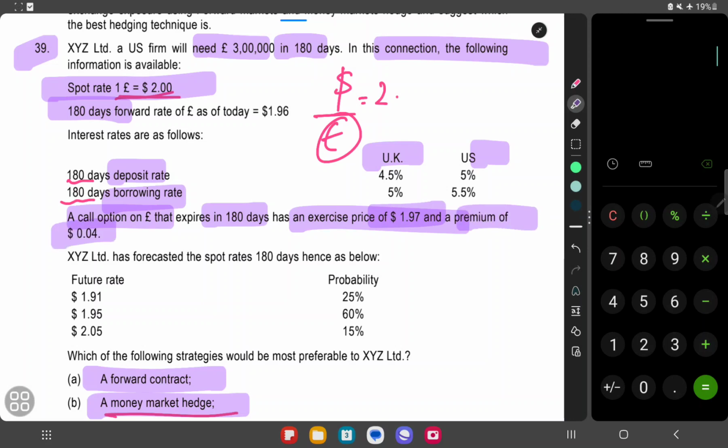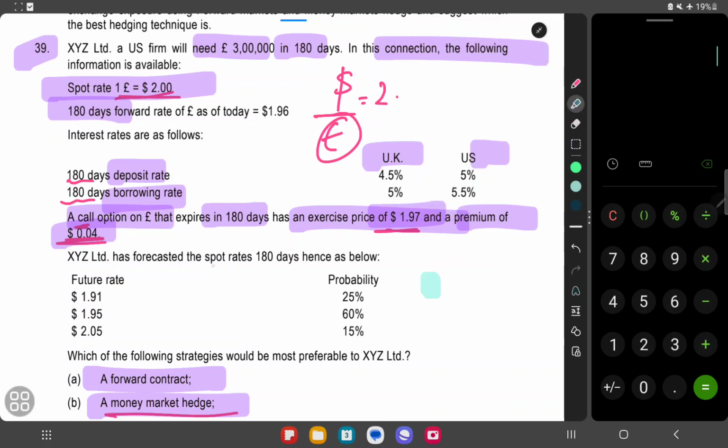Now premium is a mandatory outflow, and this outflow is upfront. This has to be paid on spot, irrespective of whether you actually exercise your call option or put option, whatever that is. In this particular case it's a call option. So irrespective of whether you exercise it or not in future at the strike price of, say, 1.97 in this case, you will have to pay $0.04 per option, and this has to be at spot. Okay, now after establishing that fact, further the question is,